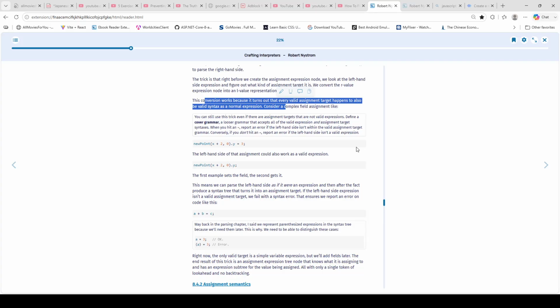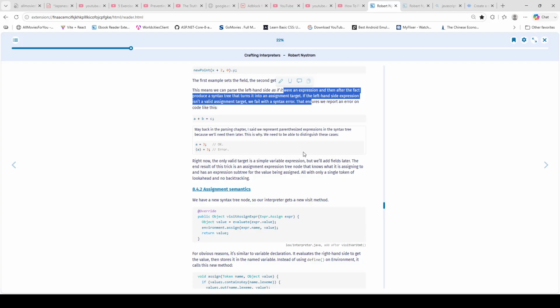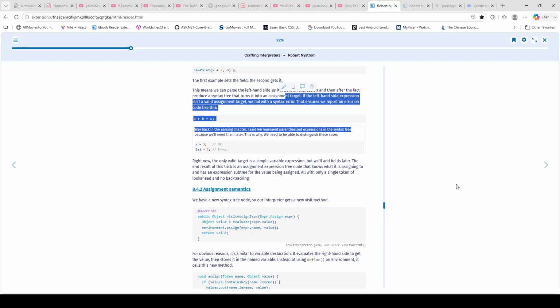This means we can parse the left hand side as if it were an expression, and then after the fact produce a syntax tree that turns into an assignment target. If the left hand side expression isn't a valid assignment target, we fail with a syntax error. That ensures we report an error on code like this: a + b = c;